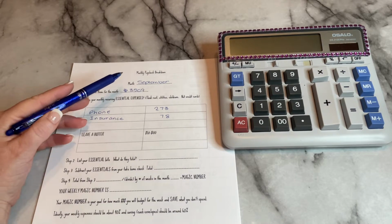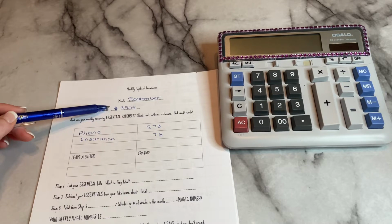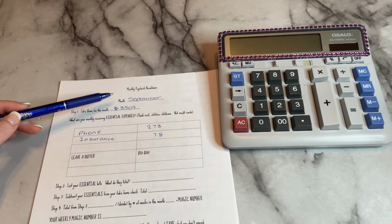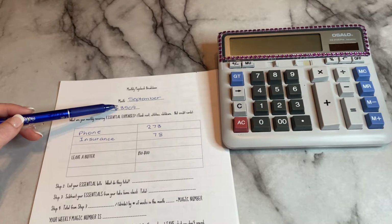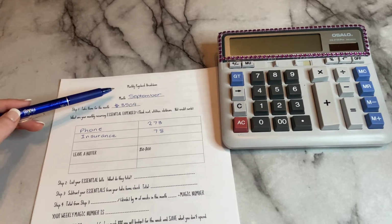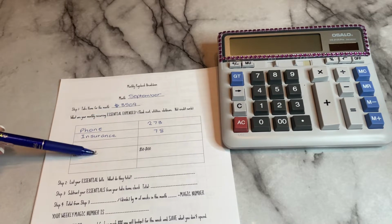So I'm working with the month of September, and my monthly take home is $3,509. Now, this is after health insurance, retirement, taxes, everything. This is my net. I believe that's what you call it. Anyways, okay, so what I do is I take my amount of my paycheck and then I go ahead and